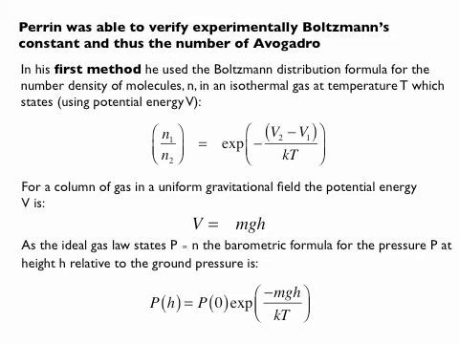So what did Boltzmann figure out? Well, Boltzmann basically said that the number density of molecules of an isothermal gas, so let's assume constant temperature, in state 1 divided by state 2 is the exponential of minus the potential energy of state 2 minus the potential energy of state 1, divided by kT. So that's, in a nutshell, the Boltzmann theory and the Boltzmann distribution. Now,